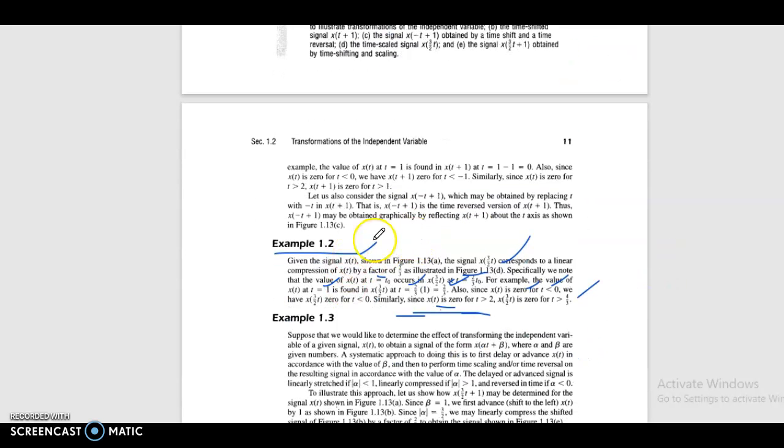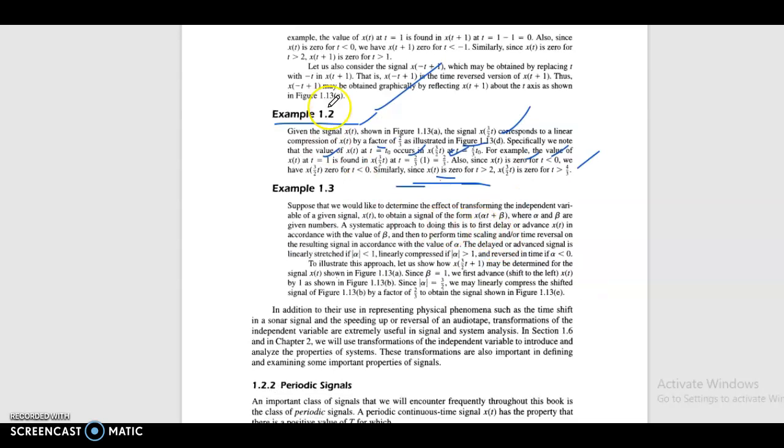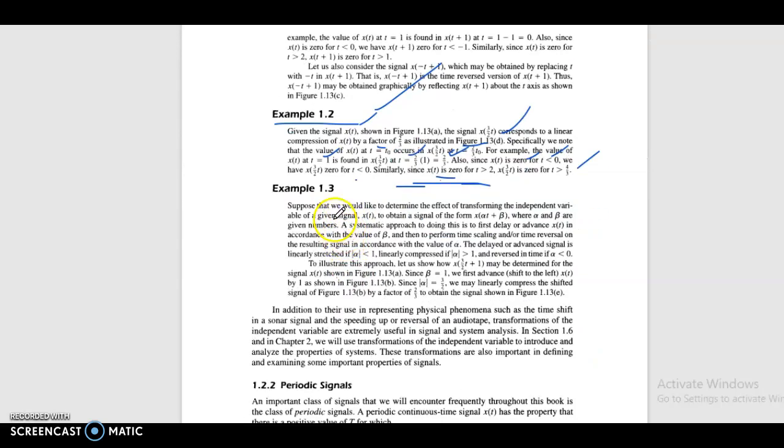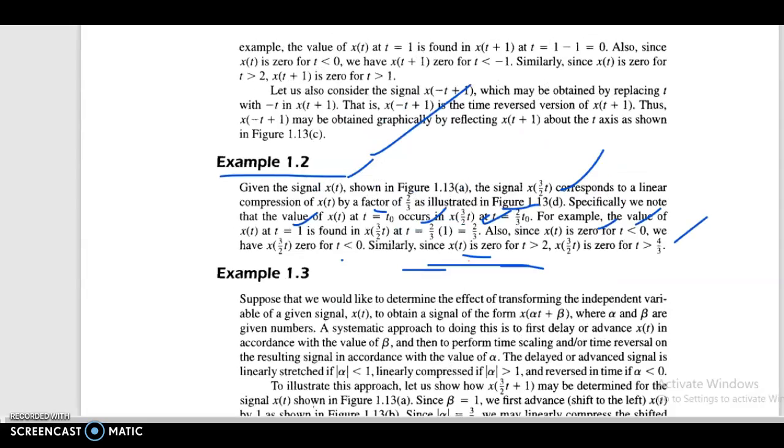That's right. Figure 1.2, example 1.2 finished. Then 1.3, suppose that